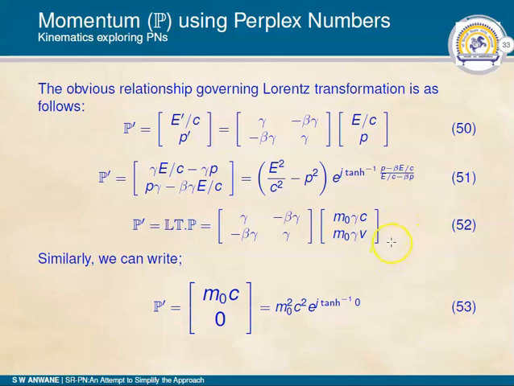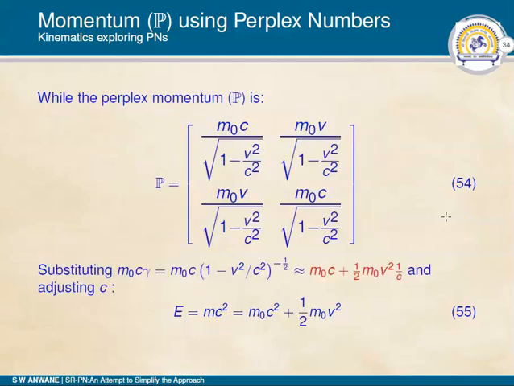So simplifying the right hand side of equation 52, one can obtain P dash as the ordered pair m0c and 0, which in fact can be written as mod of P dash, which is m0 square c square, e to the power j times tanh inverse of y upon x. So here the y quantity is 0, so we are left with tanh inverse of 0, as appearing in equation number 53. The most expanded version of the perplex momentum which we have defined here,